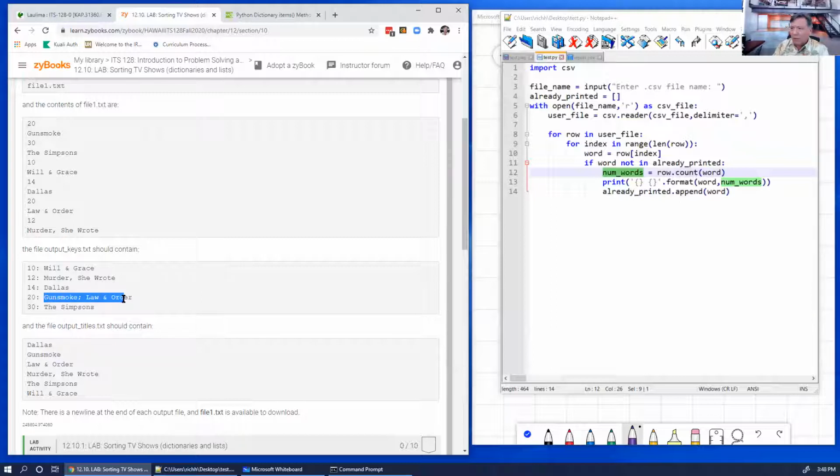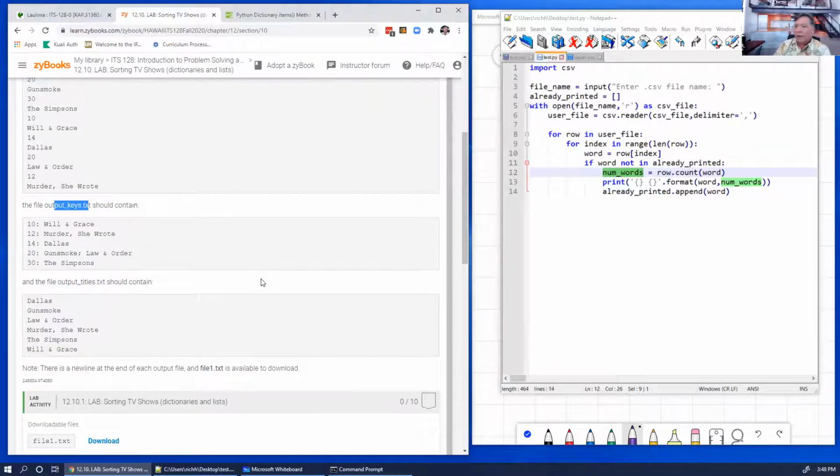This is the only list that's actually got more than one element, but both Gunsmoke and Law and Order ran for 20 seasons, and The Simpsons ran for 30 seasons. So we read this, and then we create a dictionary, and then we print this out into this file,